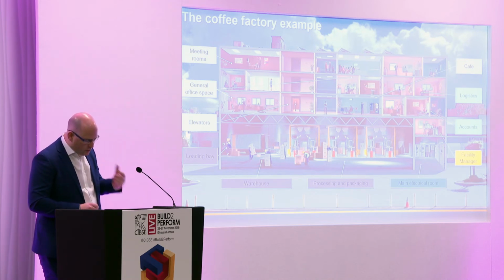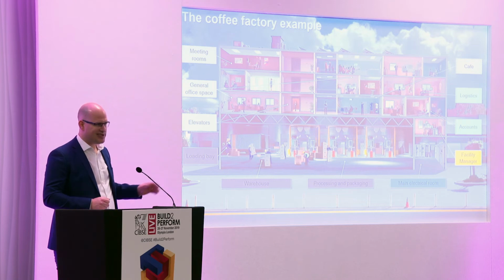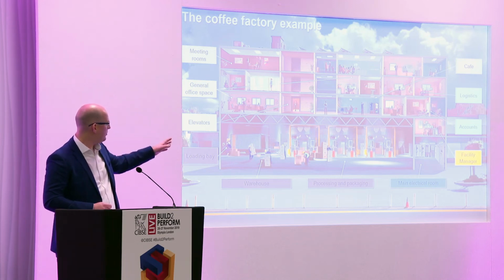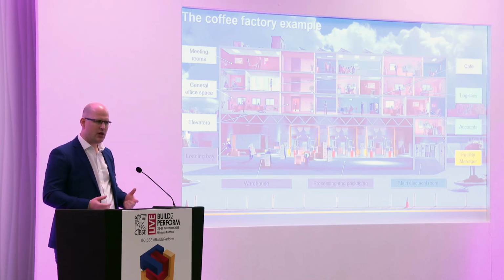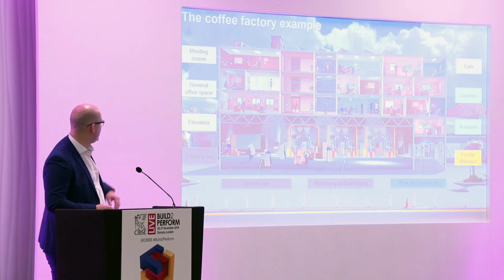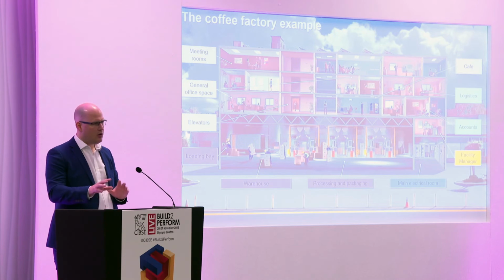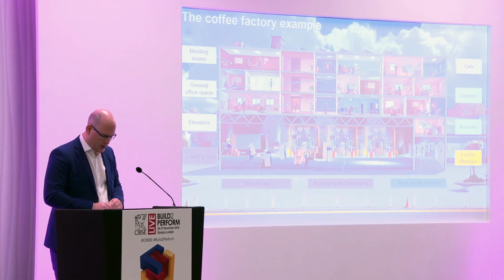So before we talk about the electrical distribution, I'll just set the scene. Standard building, some things are critical. So think about probably process and packaging, and probably things like accounts where they're processing orders. Some things a little bit more general: your meeting rooms, your general office space, your cafe, etc. So real mixed use, but quite a typical building.